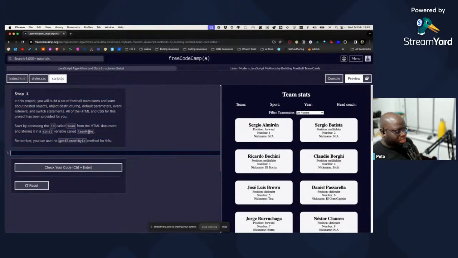All the HTML and CSS for this project has been provided. We will build a set of football team cards and learn about nested objects, object destructuring, default parameters, event listeners, and switch. Start by accessing the ID called team from the HTML document and store it in a constant variable named teamName. Okay, so we've just done this in the certification project. So let's create a const teamName